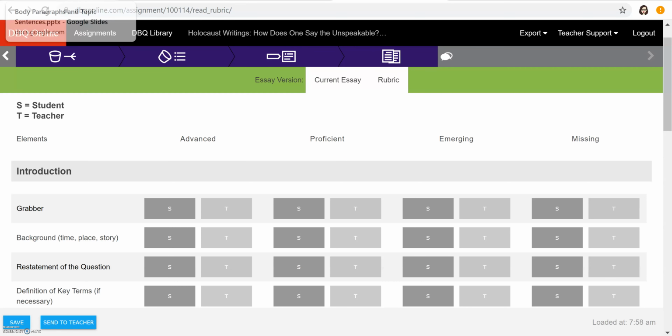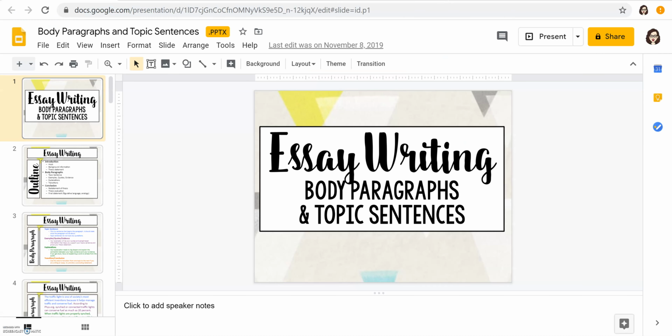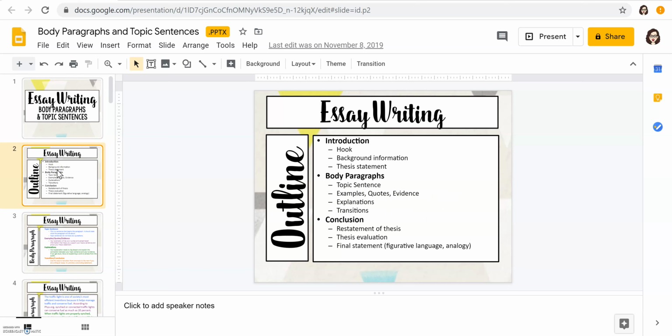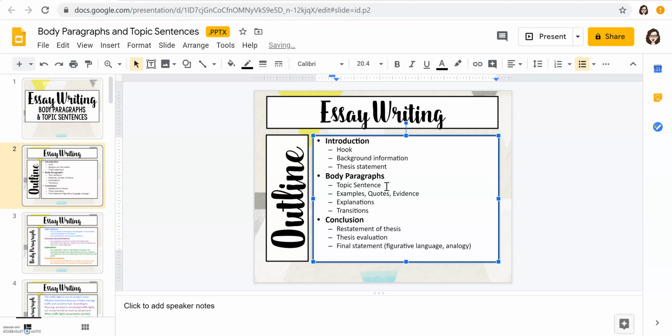I'm going to attach this slide deck just to give you some more information, just a little bit more guide. This is using a little bit of different terms, so here it's like baby thesis. They say topic sentence. So I'll put that there, where they call a baby thesis. So that's all your body paragraphs, and then the conclusion, of course, is the same sort of way.